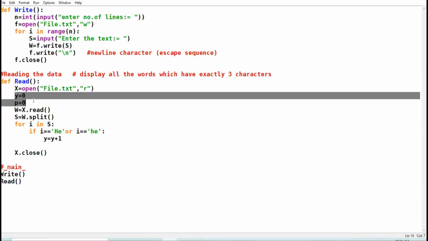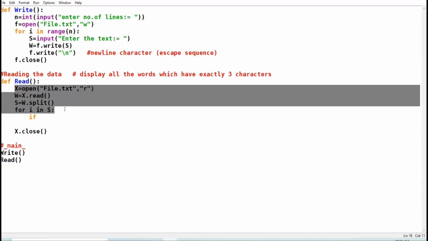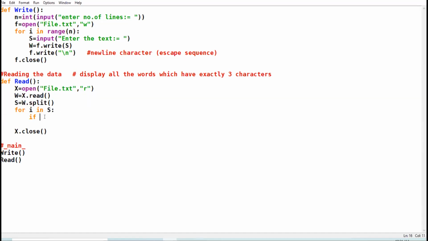So for this, what we are going to do, we don't require this y and p because we have been asked to display those words, not count those words. Okay. Up till here, the concept is totally same. I told you i is pointing to each individual word, right?